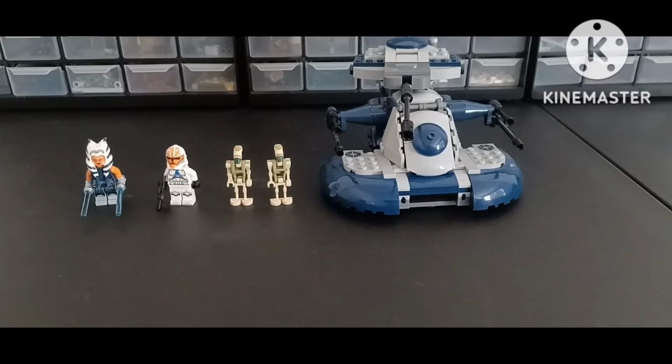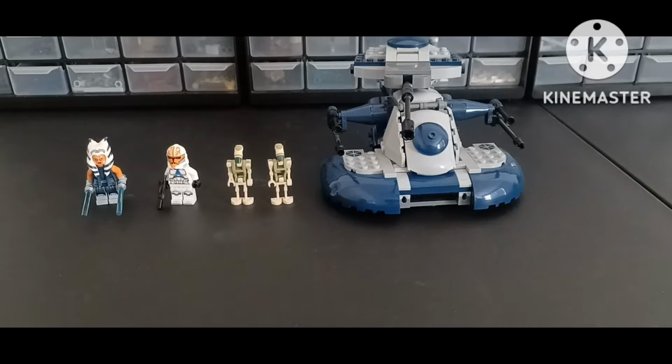Today we're going to be reviewing 75832 Separatist AAT tank. The set released at a price point of 40 USD and comes with 4 minifigures: Ahsoka Tano, a 332nd clone trooper, and 2 B1